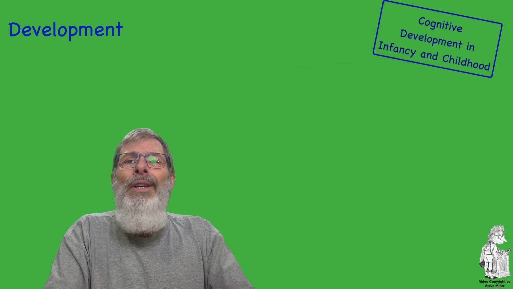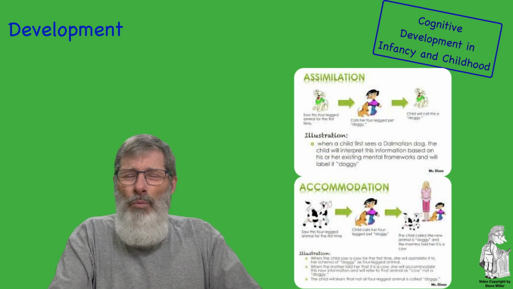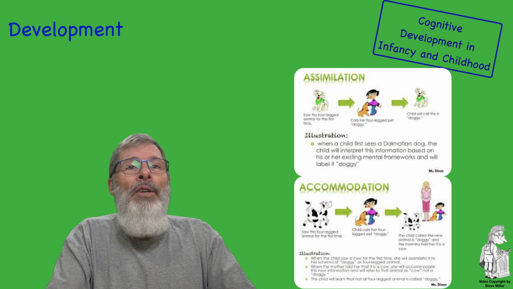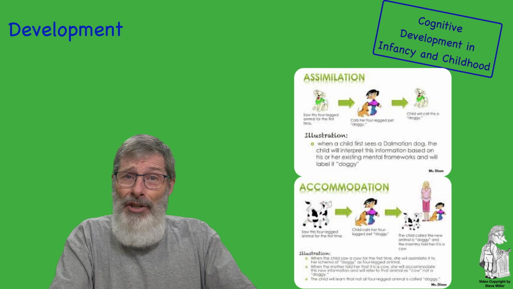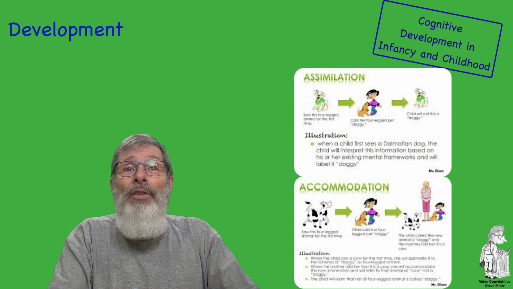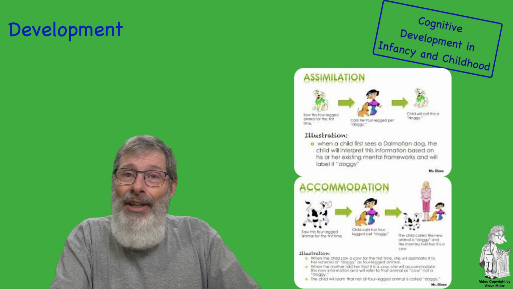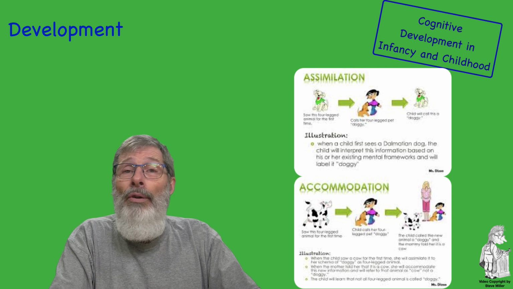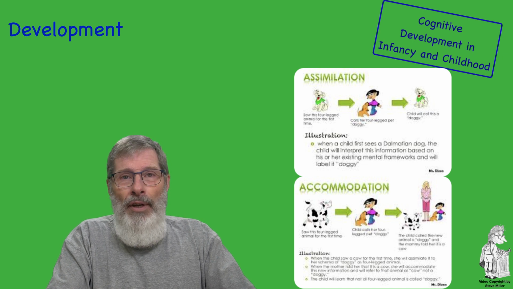Now, there are two interacting ways in which children form their schemas. If you wanted to use schemas as a mental map, how do you create your mental map? So the two interacting ways that children form their schemas is what's known as assimilation and accommodation. Assimilation, responding to new stimuli through a reflex or existing habit. And accommodation is the creation of new ways of responding to objects or looking at the world. So there's a transfer of existing schema to incorporate these new events.